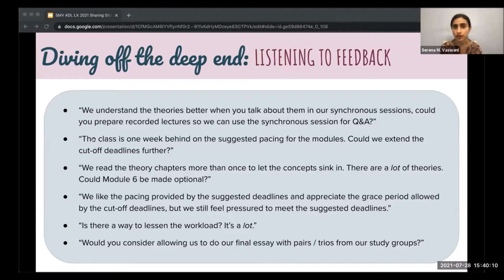When we read theory chapters, we do it more than once to let the concept sink in. And so this one was a little bit jarring for me. They asked me, can you make the last module optional, right? And they mentioned, though, that they like the pacing of the suggested deadlines. They appreciated the grace period of the cutoff deadlines, but they still felt pressured to meet the suggested deadlines,